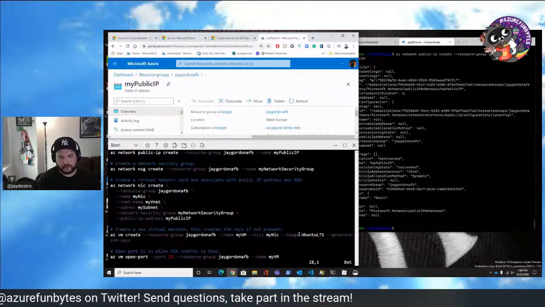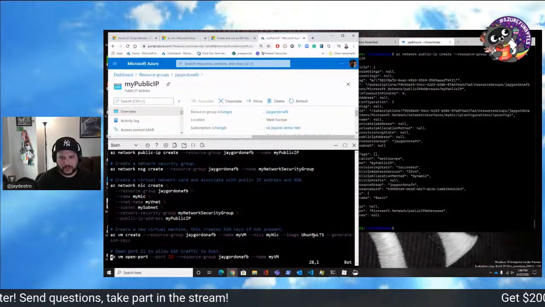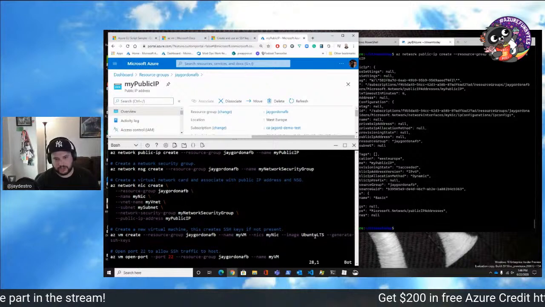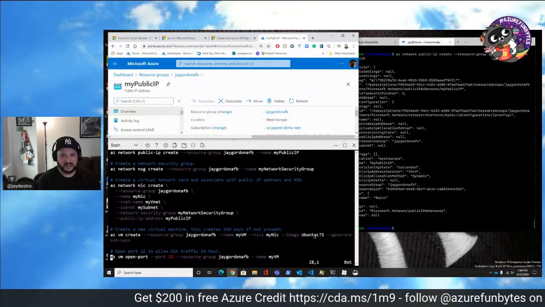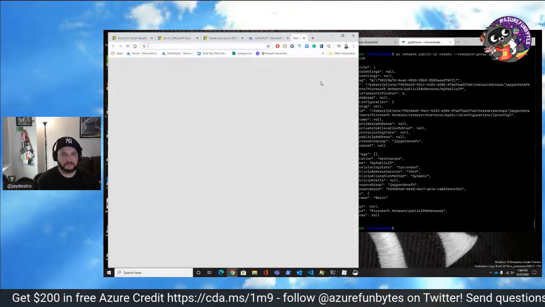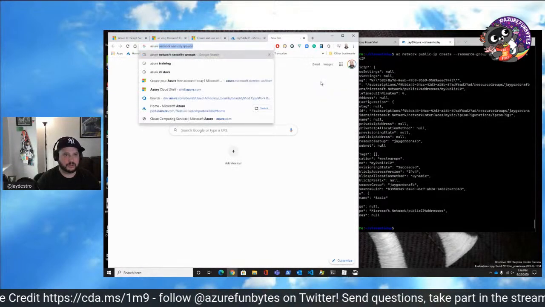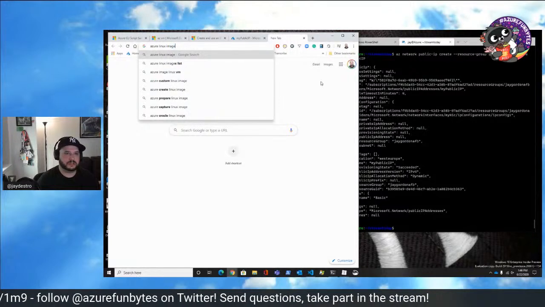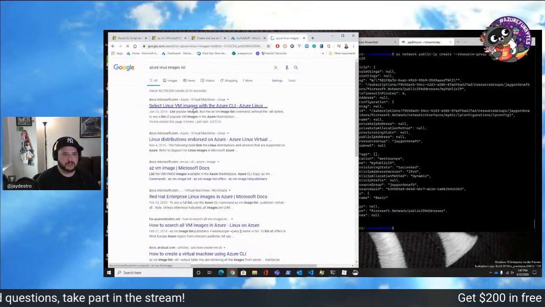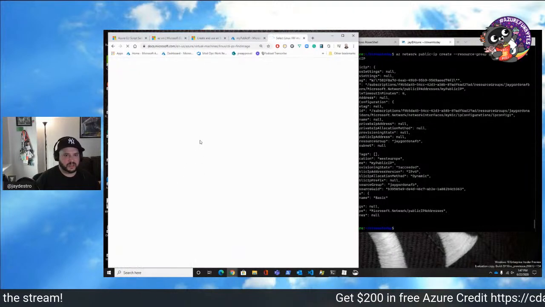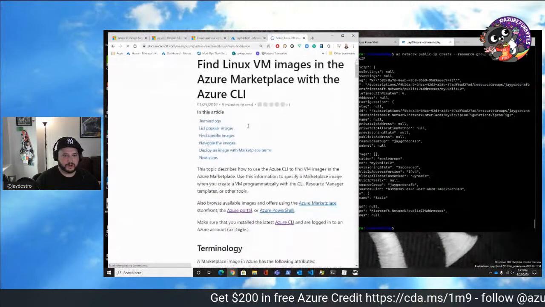Then we're going to create with an image. So the Ubuntu LTS image is the default image for, I believe, 18.04. Let's see. You can always look up different images. So az vm image list. You can select all these different types of VM images from the marketplace.